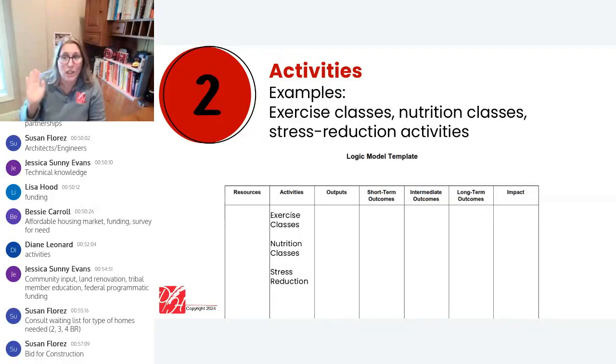They are still incredibly valuable, but for purposes of your logic model, you might consolidate, you might smush a few together in order to come up with what's going to fit into your 8.5 by 11 sheet of paper. A bid for construction related to our houses. Yes, another great example of our activities. Thank you so much for everybody that's sharing.